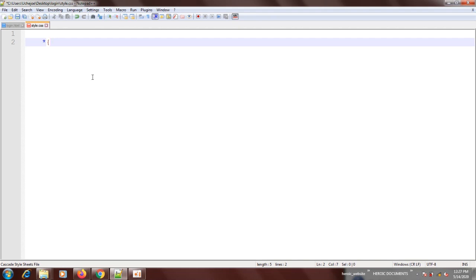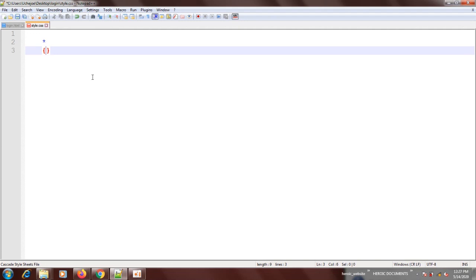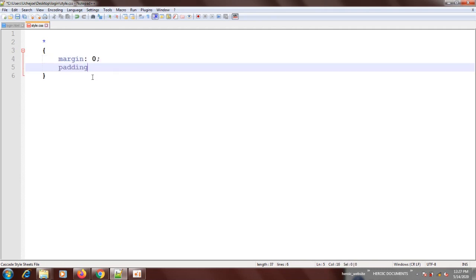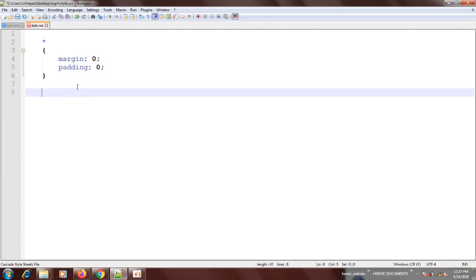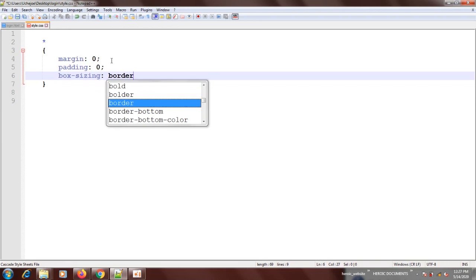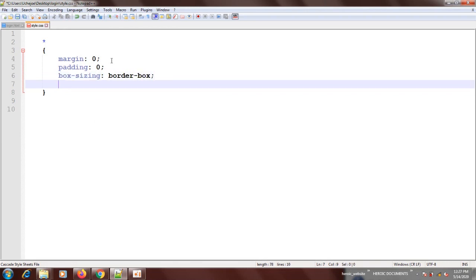I will say margin 0, padding 0. Beautiful. And I will also come here and say box-sizing: border-box. Beautiful. I think that's okay.